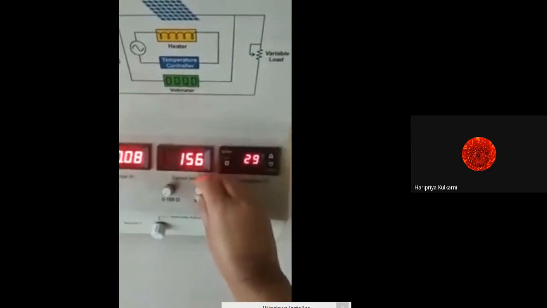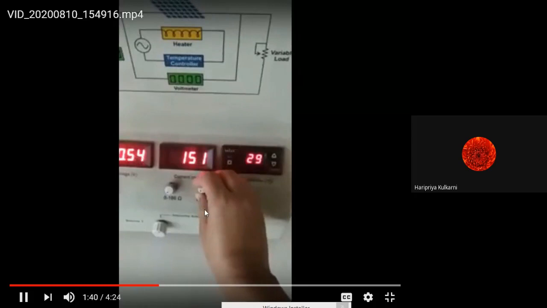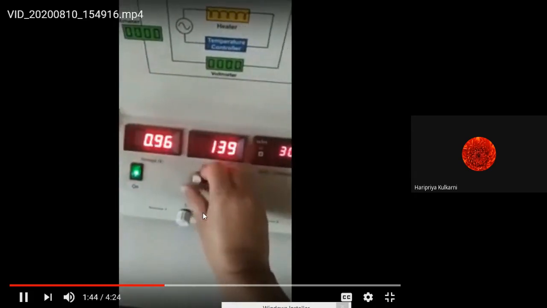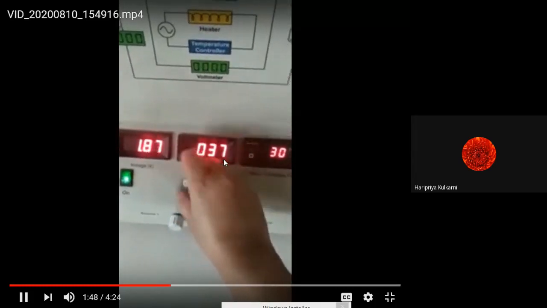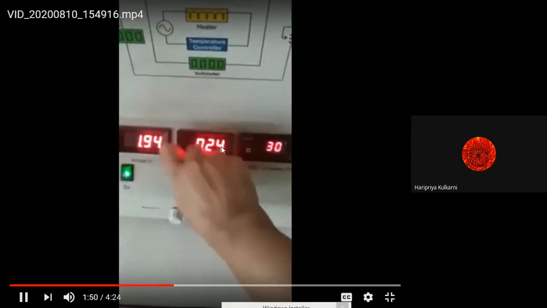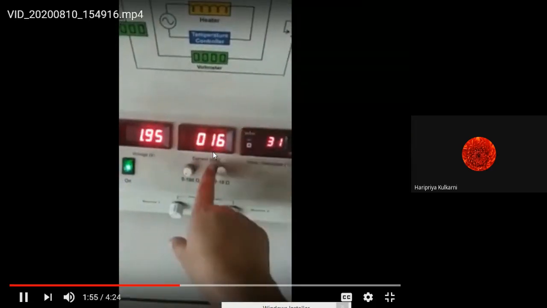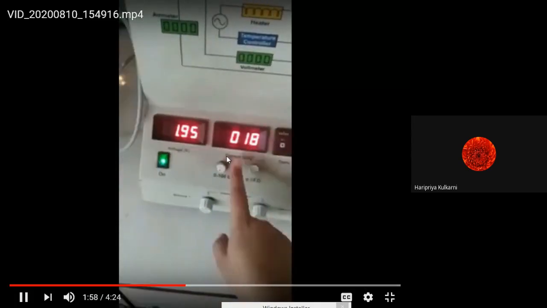See, here I am increasing the current. Now I have started decreasing the current. So let us see what minimum amount we can get for the current. Current is 0 because we are making the load open. So that will be our open circuit voltage VOC. The minimum current that we can adjust is 0.16 milliampere.